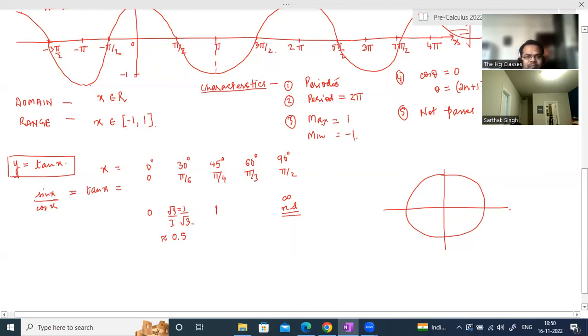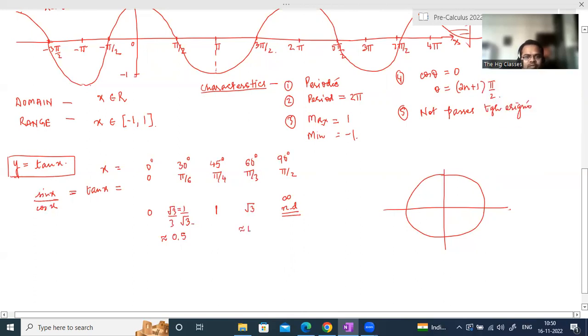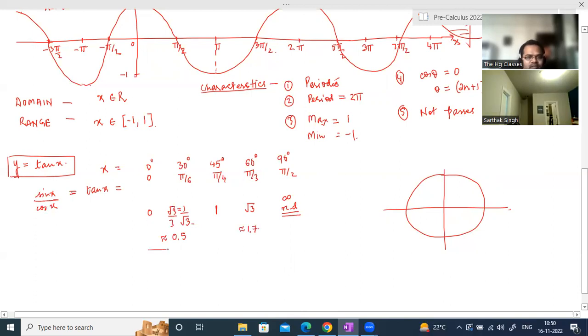Tan 60, tan pi by 3, is root 3. And the value of root 3 is approximately 1.7, right? So we are observing that it is increasing from 0 to infinity, right? Till 60 degrees it is very slow. It is 0, 0.5, 1 and 1.7. And then in the range of only the next 30 degrees it shoots to infinity,